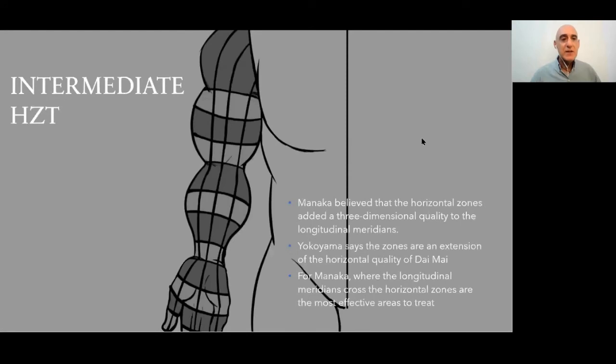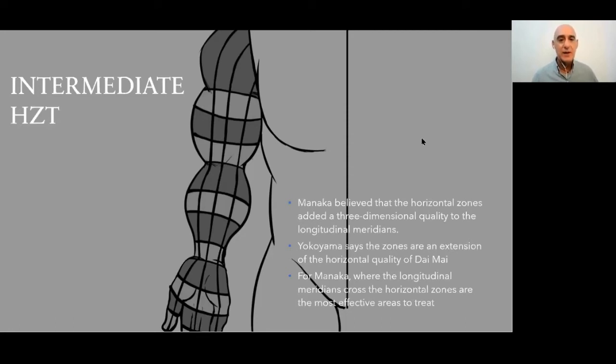I'm not going to teach you very much about intermediate Hirata zone therapy, but I'll say a few interesting things about it. Dr. Manaka came 40 years later, after he came into this work 40 years after Hirata's death. Hirata had already talked about meridian lines, but because he was slightly medicalized, he didn't want to call them meridians. Instead, he called them flexion lines and extension lines. And he started to use the meridian system, which is basically the meridians by another name,